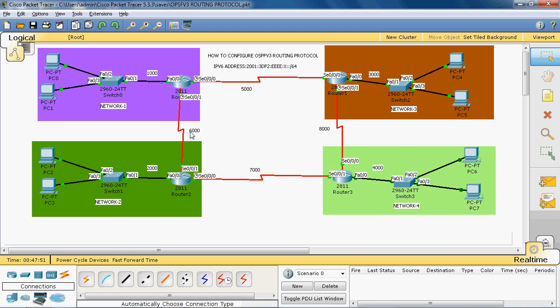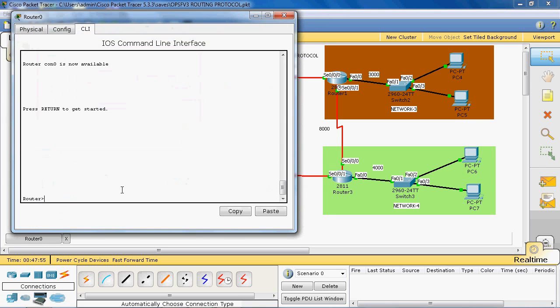We can configure it on router 1, router 0. Enable, go to the global mode, configure terminal. In global mode we can give ipv6 router